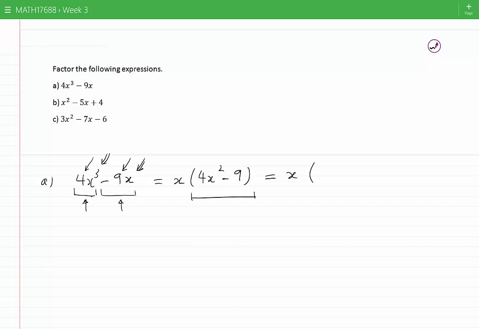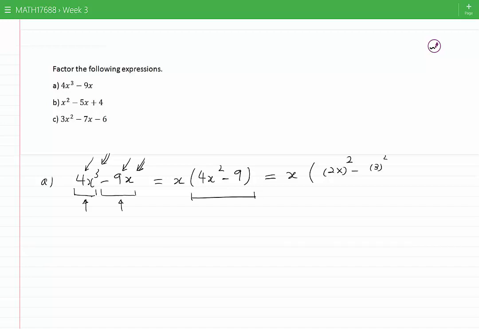Instead of 4x squared, I can write (2x) squared, because once you open it, you will get 4x squared, minus, and instead of 9, I can write